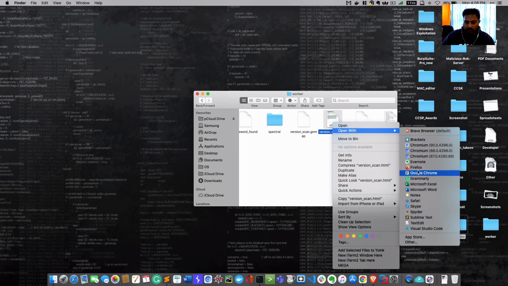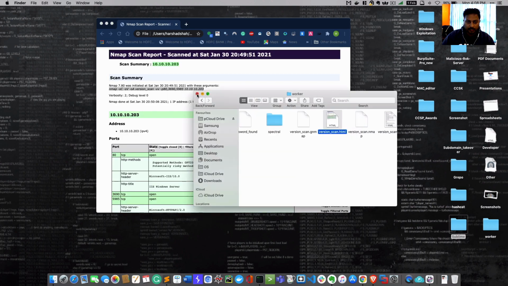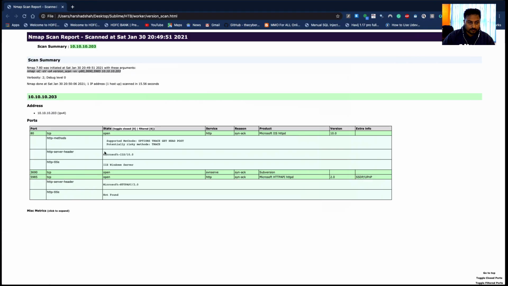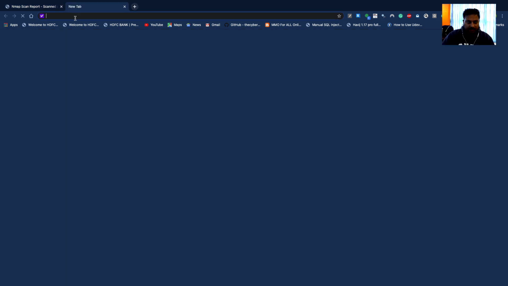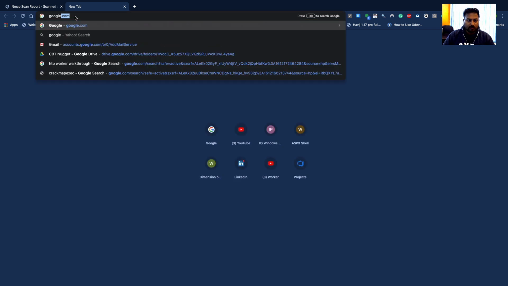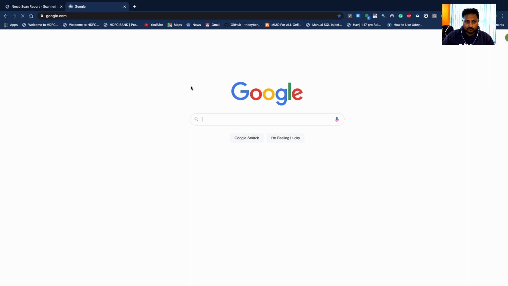When I open it with Google Chrome, here you can clearly see we have three ports open. The first one is 80, the second is 3690, the third one is port 5985, and it is a Microsoft, Windows operating system. This is a fingerprint here, and this machine is using Subversion. If you Google what exactly Subversion is, you can find all the information. Right now I'm using a Mac system for attacking this.